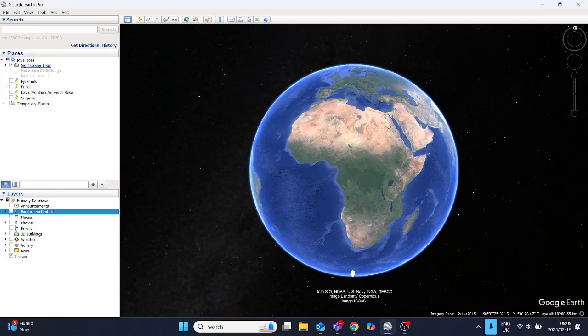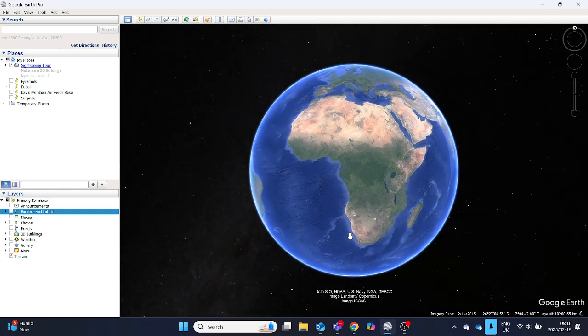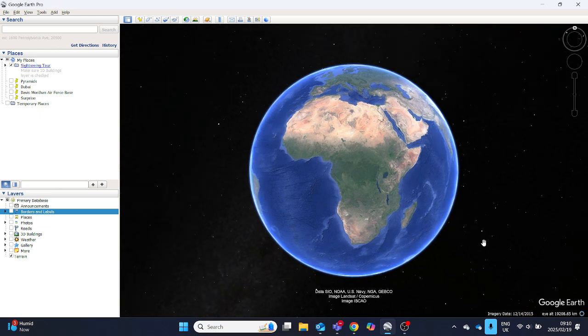Google Earth is a powerful tool that you can use if, for example, you're a teacher. You can bring it into your own classroom, and it's a really great visual way of exploring the world that we have. Google Earth effectively is a collection of aerial photographs and satellite images that's been captured by